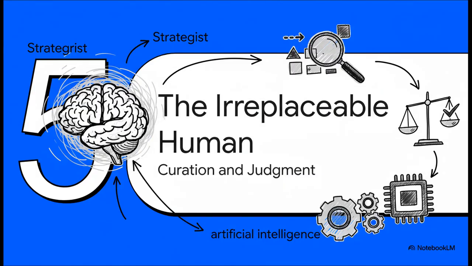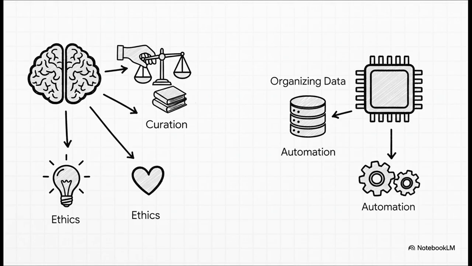Okay, so after all these technical skills, grounding, councils, orchestration, we land on the single most important component in this whole system: you. Your job isn't just to push the buttons. It's to be the strategist, the curator, and the final judge. As our sources point out, an AI is brilliant at organizing data, but it doesn't really reason. It can't make ethical calls or come up with a truly novel idea. The human advantage is in curation, choosing the right sources to ground the AI in the first place, and judgment, knowing when to use the tool and when to just step back and rely on your own critical thinking.